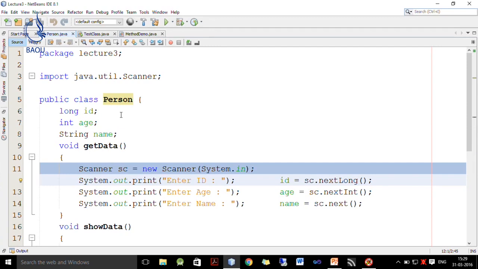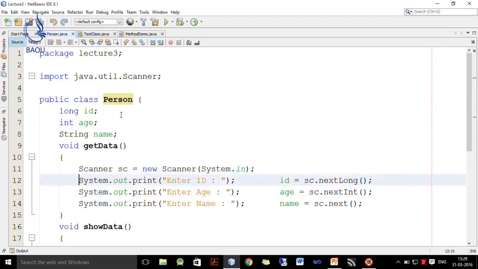Now, to actually read data from the system, I define one Scanner class object and its source is the keyboard. Then I ask the user to enter ID and it is read using nextLong, since the type of ID is long.